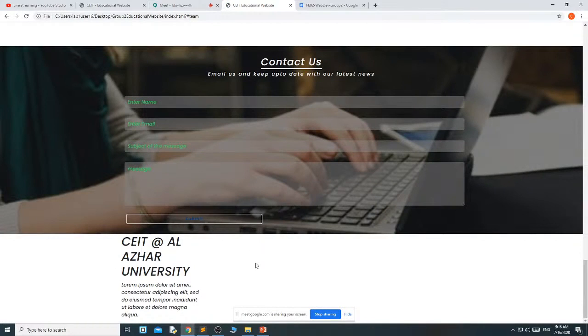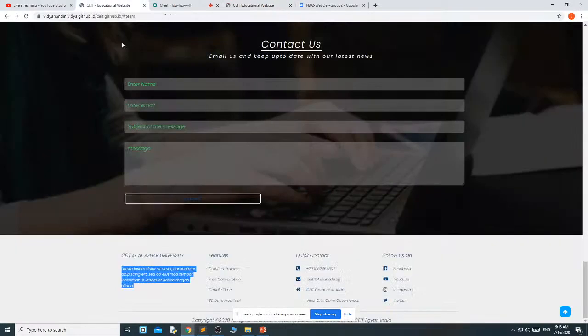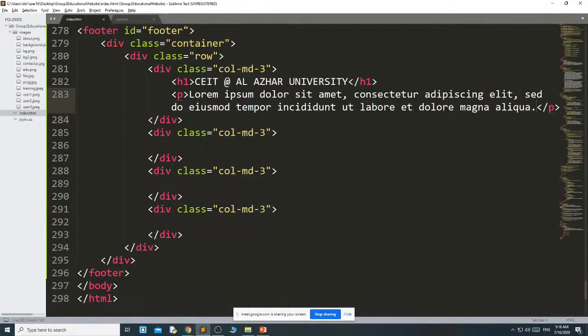Okay, then second column. In second column, what we have? This features. Okay, then come to the second column and write H1. I am using all the headings H1 because I want to give all the headings the same style. Okay, if you use H1, H2 for different headings, then you have to maintain that style. You have to repeat that style to get the same look and feel. Features,